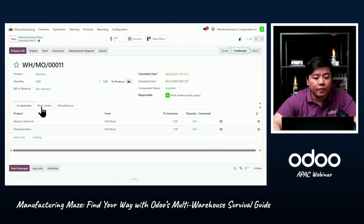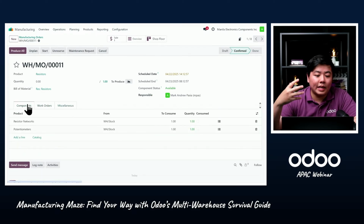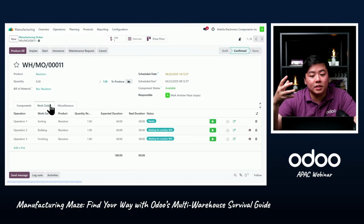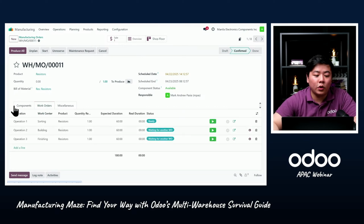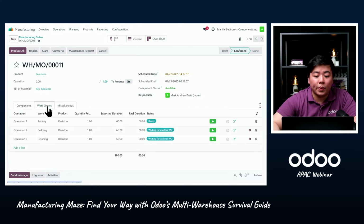Okay? Yan. So it entirely looks the same, no? So as you can see, nag-navigate po tayo from sales. Kanina, I click yung smart button. But of course, I want to share you din kung saan mismo nanggagaling tong particular operation, no? Alright, so let's begin. Okay, so for our work centers over here, simply you can click start if let's say